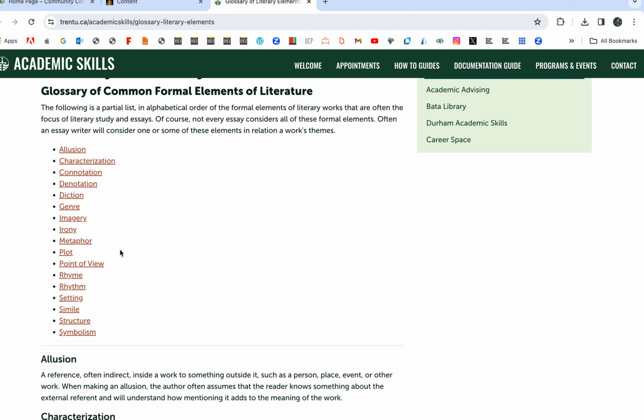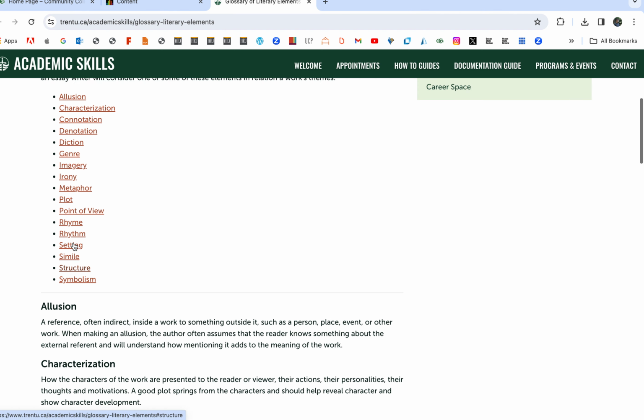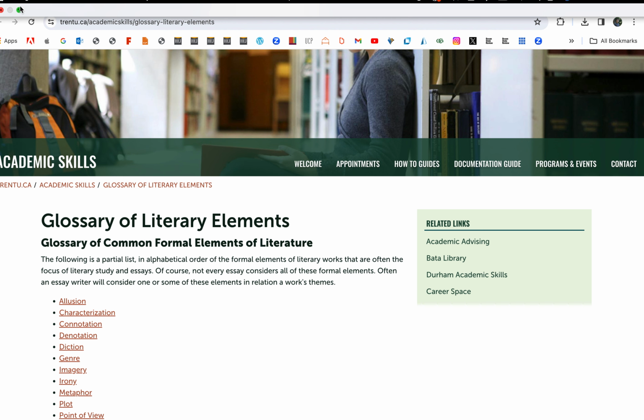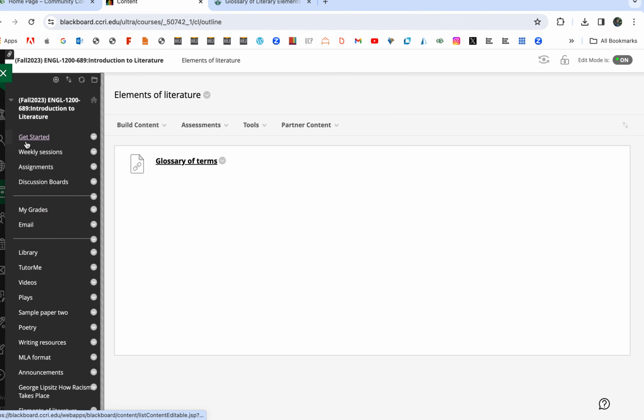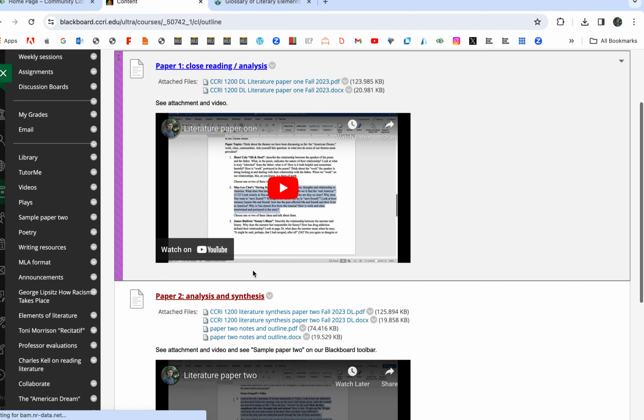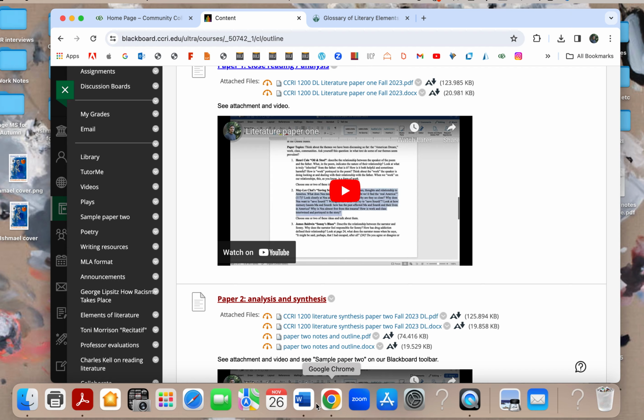We get the narrator's point of view in Sonny's Blues. We have a narrator in The Flowers, right? We don't have Myop's point of view. Setting, simile, structure, symbolism, and this walks through all that. So I want you to include some of these literary elements in your reflection. So, all right, here we'll go back to the sheet.